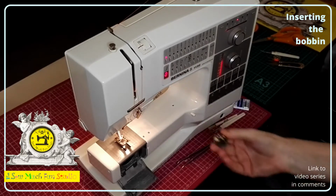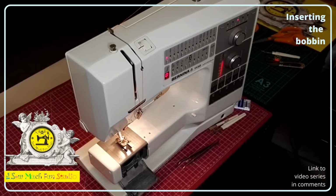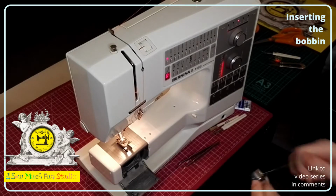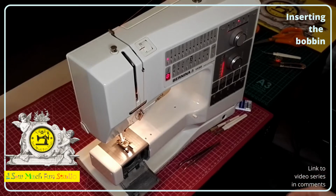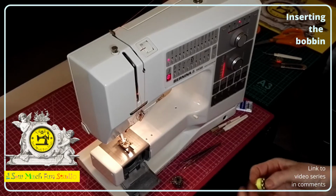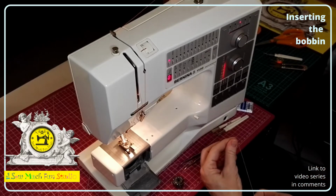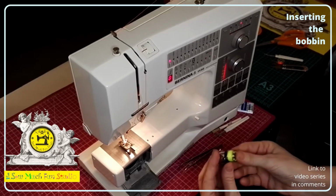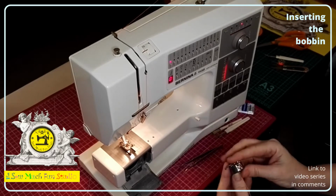So this is a front-loading bobbin, and a lot of machines come with these. Many, in fact, a lot of industrial machines will have a similar type of mechanism. And how you're going to put your bobbin thread in after you've threaded it, of course, is you're going to put it in so that when you pull the thread like this, the little bobbin is going to turn in a clockwise direction. So I'm going to put it into the bobbin housing like that,